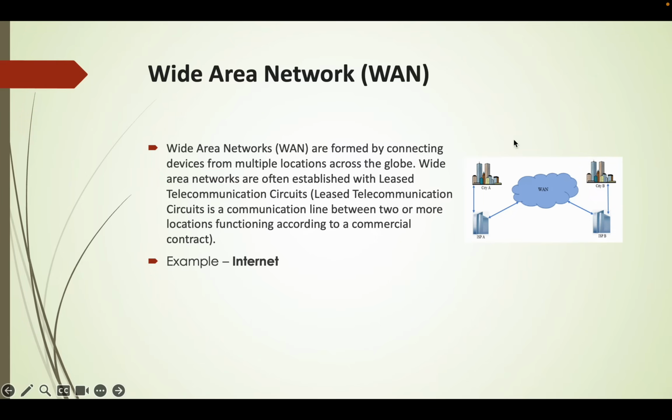Like in this example, you are able to see there is a city A and there is a city B. City A is connected via internet service provider A, city B is connected via internet service provider B, and these two internet service providers are in a network via a wide area network. So this kind of network, which expands across multiple cities, regions, or countries, is also known as wide area network. Okay,